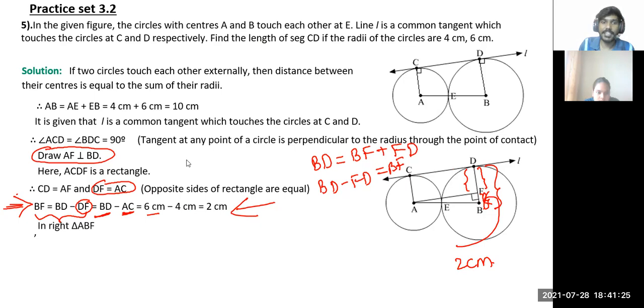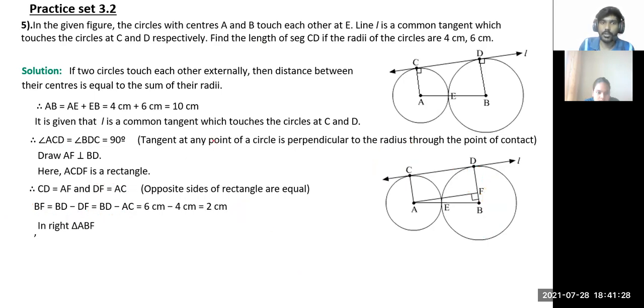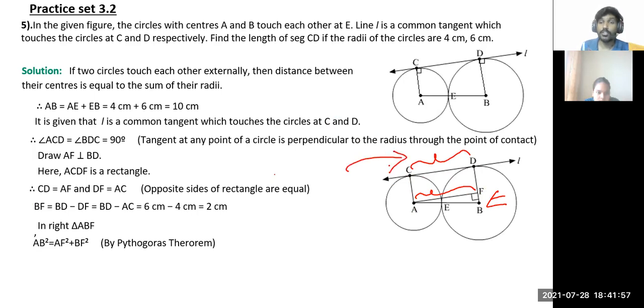Now look at the triangle that is formed, the small triangle. This one, triangle ABF. It is firstly a right-angled triangle. We need to find the length of AF. Since ACDF is a rectangle, the length of AF and the length of CD will be equal, and that is what we want to find out. We have to find the length of CD. So first let us use the Pythagoras theorem in this triangle and find the length of AF.